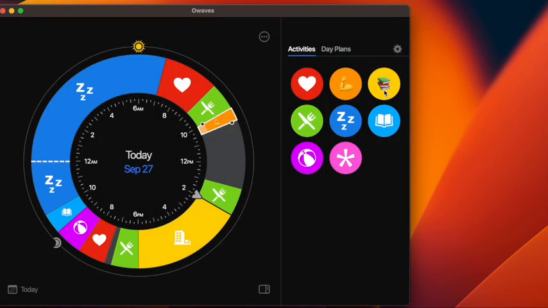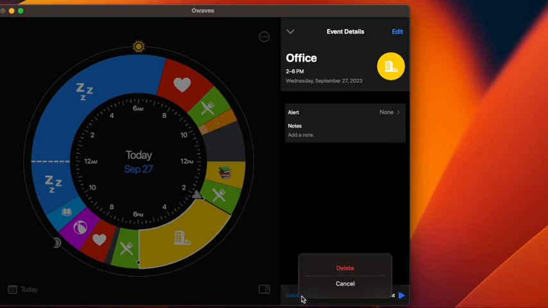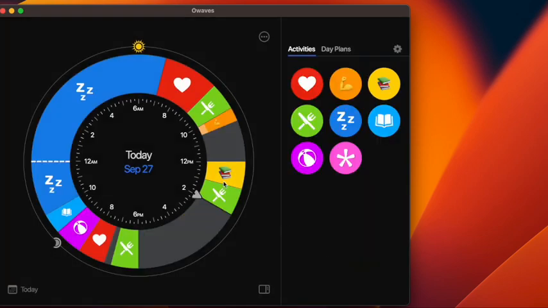Let's get to studying books for a second and put it here. See, this indicates where we are right now in the day, right? This current cursor. So with this, if I want to change my mind, I can delete the event. And let's say I want to study for about, okay. In the iPad version, you can just drag it off the wheel. Oh, I guess you could do it here too. Put it here. So 2 to 2:30. And yep, so that's how you put in your work time block.